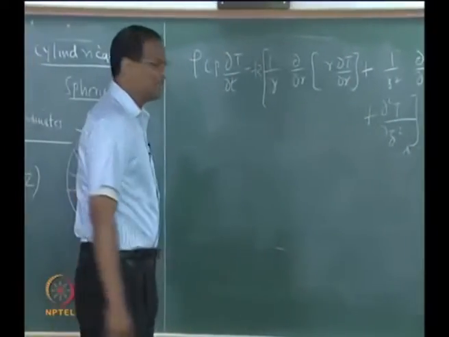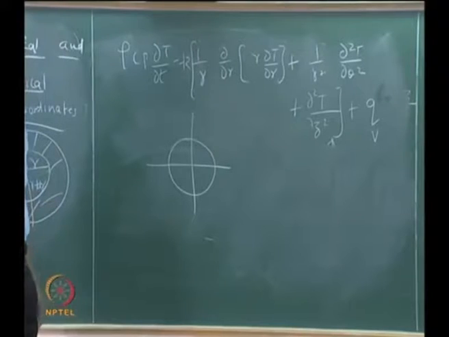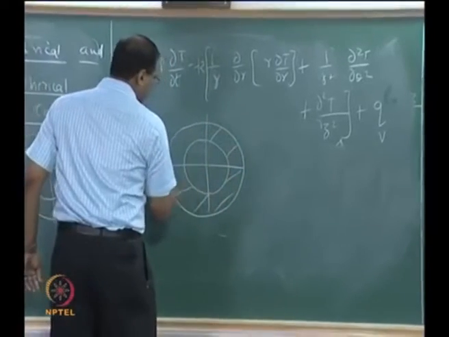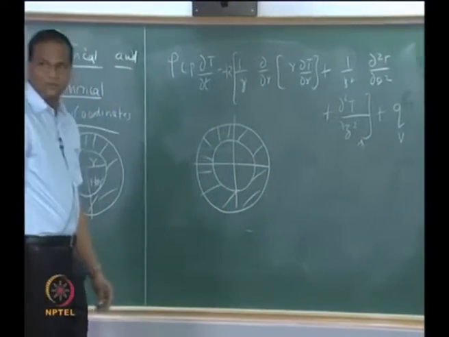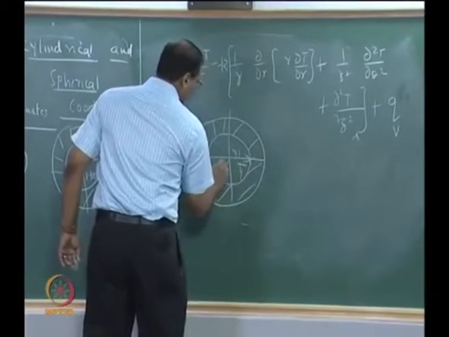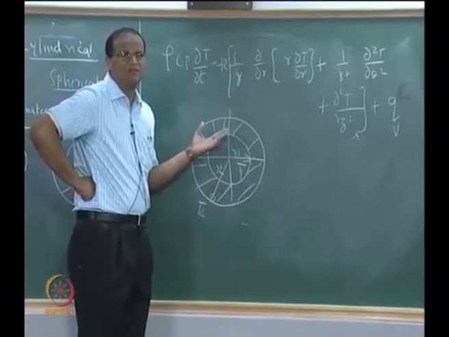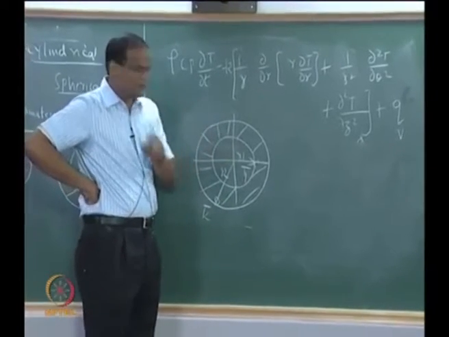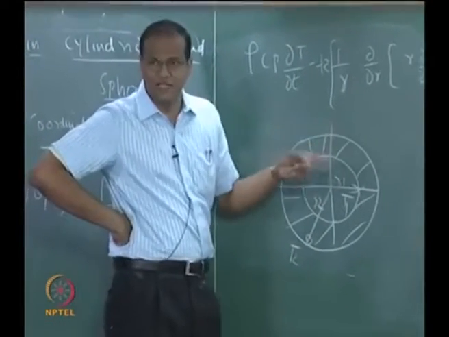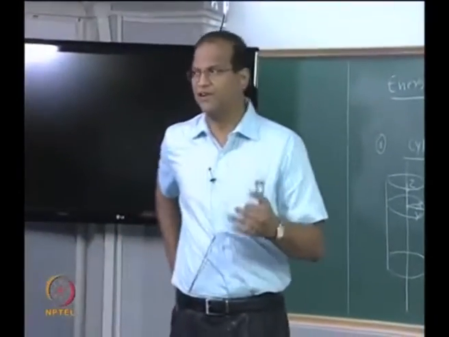So let us consider a double pipe heat exchanger. We are not worried about temperature as a function of z or theta, temperature is a function of r only. So I have a solid material here, so it is an annulus. The temperature here is T1 at R1, this is R2, it is T2. Why it is T1 and T2 is basically because some fluids may be changing phase. The correct description would be to give a heat transfer coefficient H1 and T infinity 1, and H2 and T infinity 2, but that becomes very messy. We will incorporate that into our analysis using our resistance concept. But first we will solve the simplified form of the governing equation.